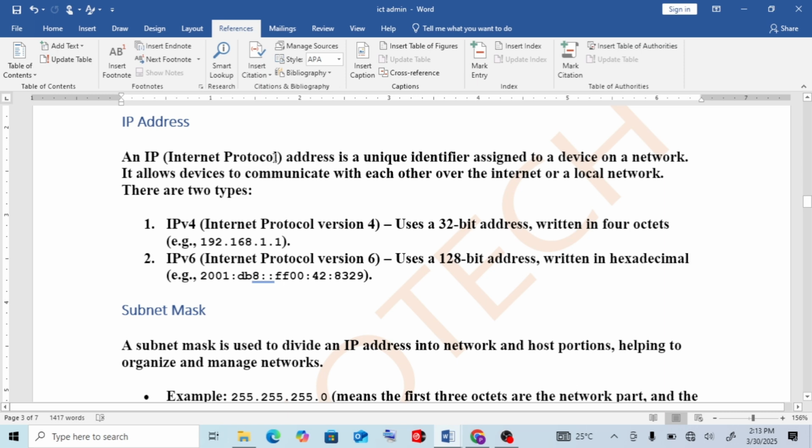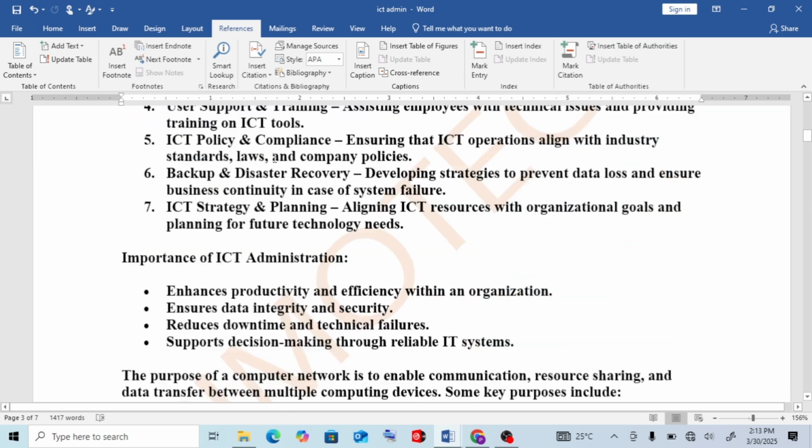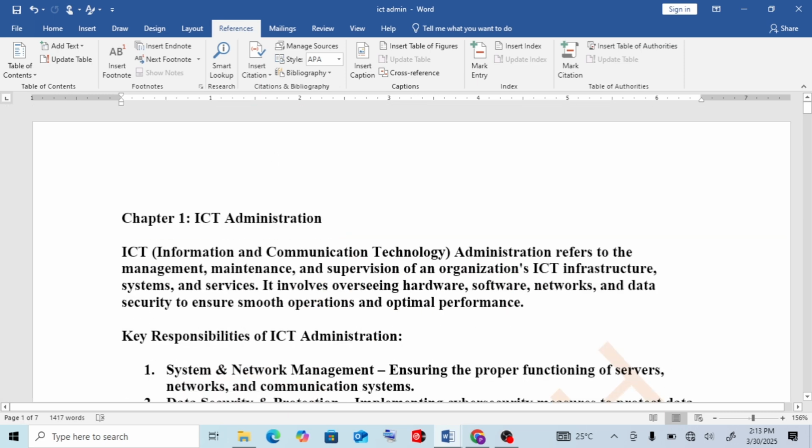Yet the table of content is supposed to be on top because it's what guides the reader of which position the content are. So it's always advisable, not always even, it's a must, the table of content should be on the first page.